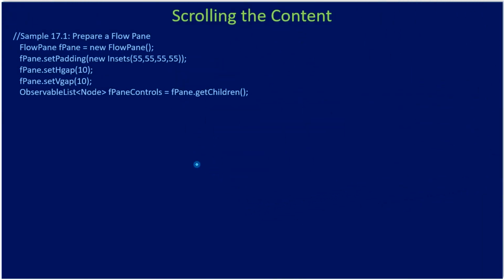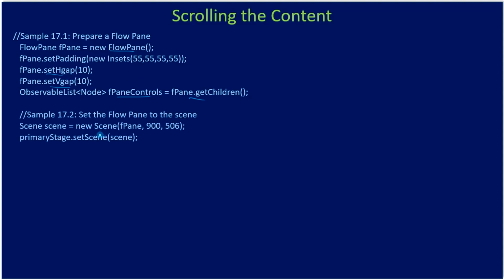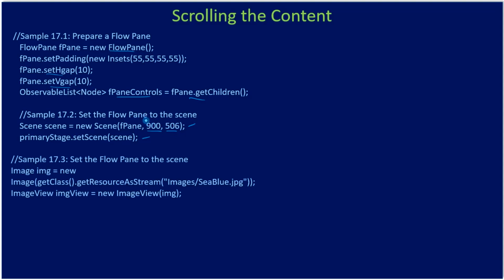Now let's look at the example. Here if you see, we are creating a flow pane as we did previously. Then we are giving this flow pane to the scene. So this way we are constructing the scene. The scene is managed by the flow pane, and for the scene we are giving the size of width 900, height 506. Then we are creating an image,